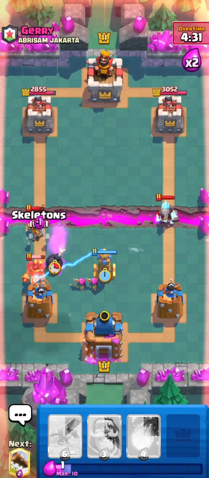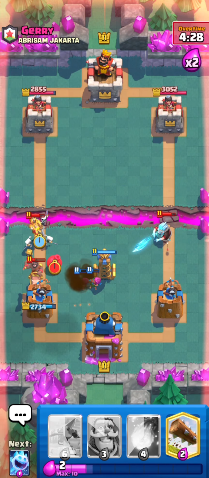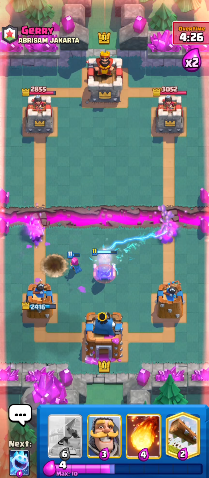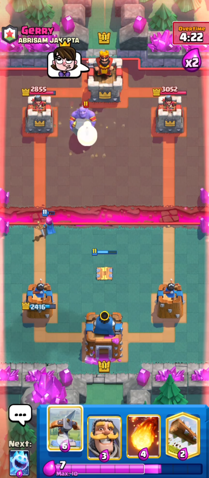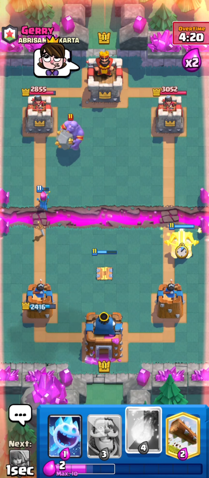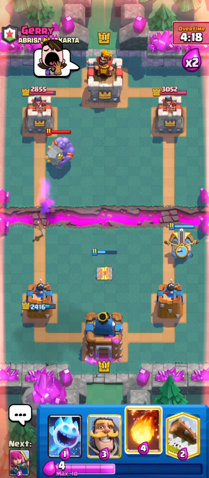That's Tesla. Tesla does not pull the Hog Rider. I guess that's good though, because we did take some damage, but Tesla will actually help out against Royal Hog since it is alive. He goes for a Bowler. Let's go Xbow, I guess. He has a lot of counters, it looks like. If he goes Royal Hogs on this...